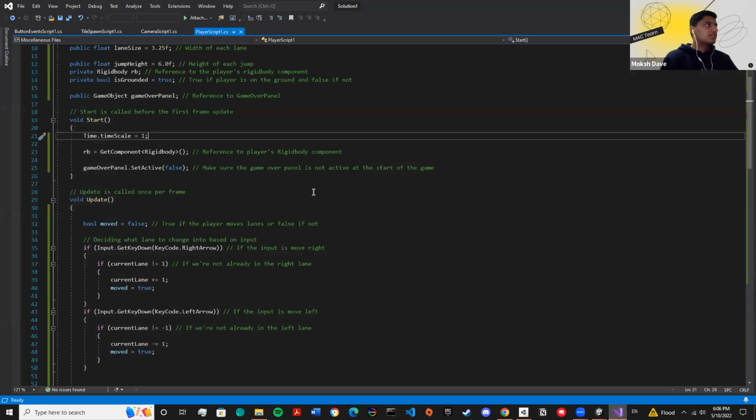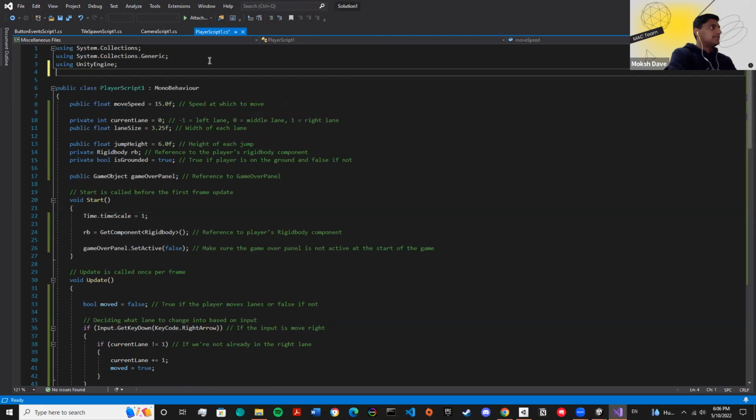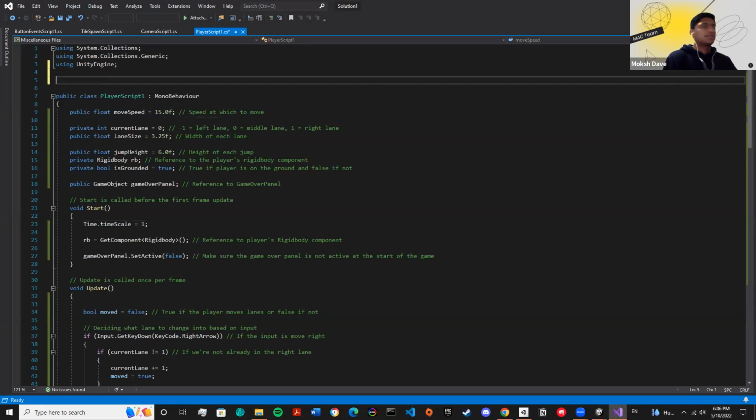So let's go back to our player script. Now I'm just adding this in the player script because our score is going to be updated as the player moves. We don't want it to keep updating when the player stops moving. So it's still associated to the player. So what we're going to do is add another import statement to access UI elements. So that's just